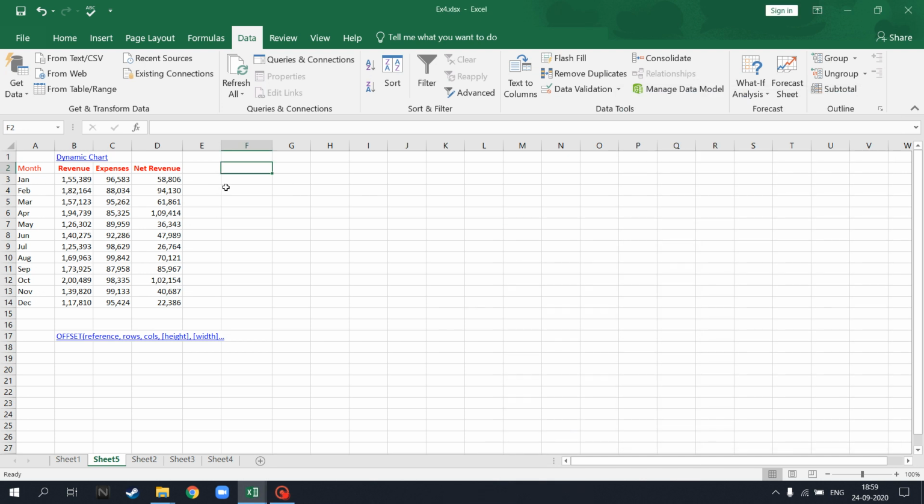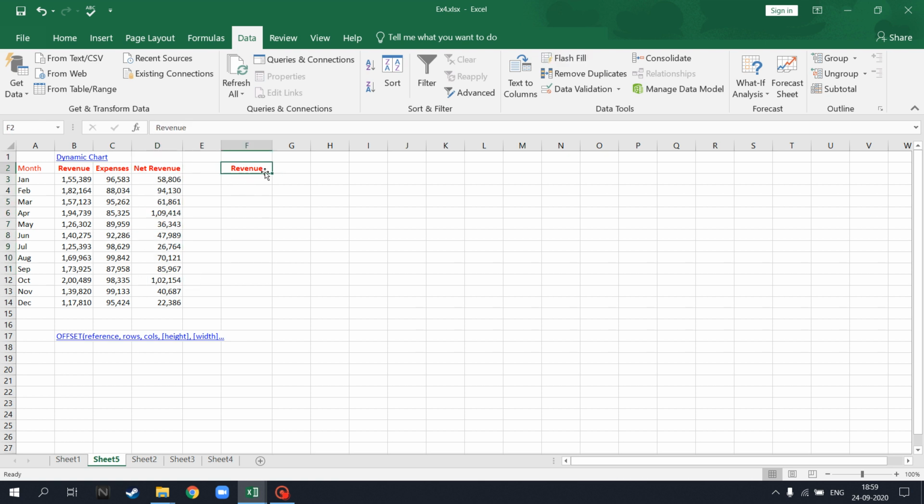So in a case where we have to create a dynamic chart based on this data, and during a presentation, if we want, say for example, just one tab like this, where we can have this revenue tab, and then just clicking on this button we can see the data of revenue. And then if we change this to expenses, it shows the value of expenses. And then respectively, for net revenue, when we click, it shows the net revenue. So what can we do?